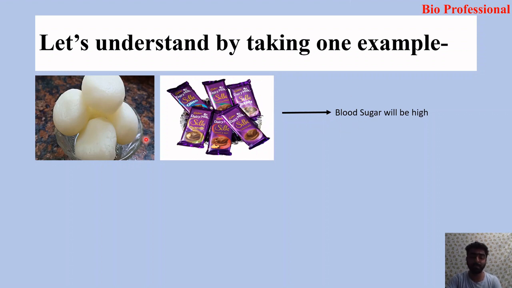The level of sugar in your blood is increased. That means someone needs to recognize it first. After that, insulin will come into play and it will do its function, right? So how does the pancreas know that blood sugar level is high? There comes the importance of cell signaling, right? Okay,